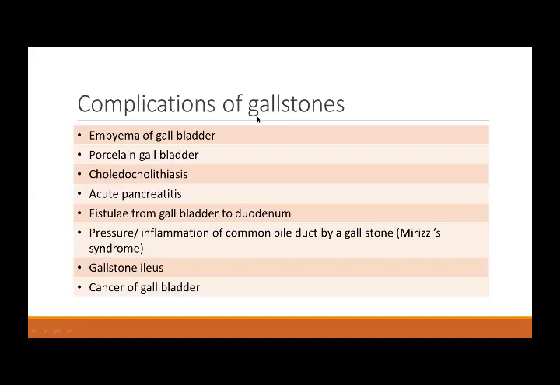One type is called a porcelain gallbladder. It can cause biliary duct stones. The stones can pass through the biliaries, can cause obstruction, can cause acute pancreatitis, can cause fistula formation, inflammation of the common bile duct. It can cause gallstone ileus, and sometimes it is associated with the cancer of the gallbladder as well. So it's pretty much sort of a nasty problem if it causes symptoms or if it can cause severe